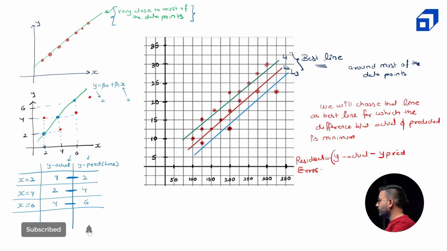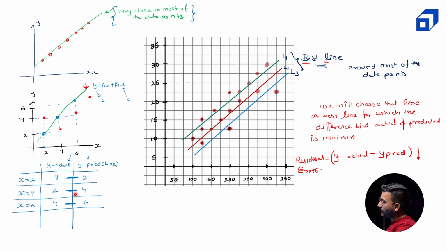So this difference should be minimum for a particular line, and I will choose that particular line. Now you guys have got a basic idea, right? That in order to find out the best line, the idea is to look for that line which is close to most of the data points. More logically, more mathematically, the idea is to pick that particular line,